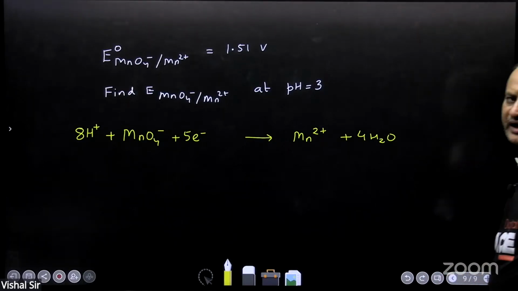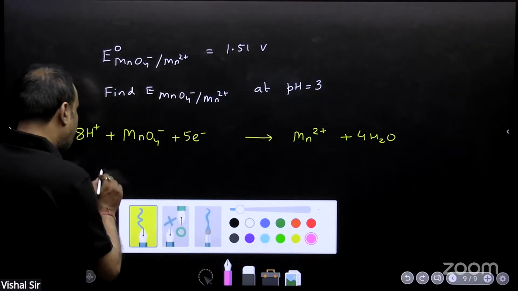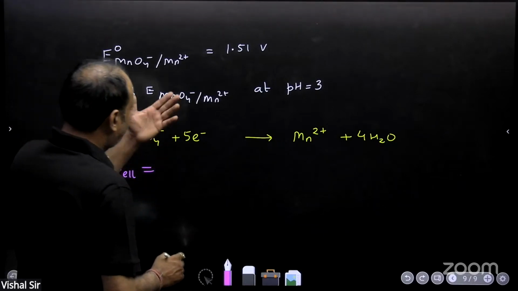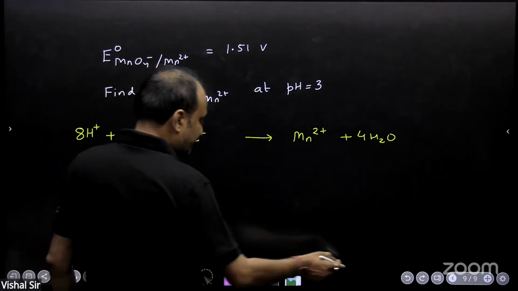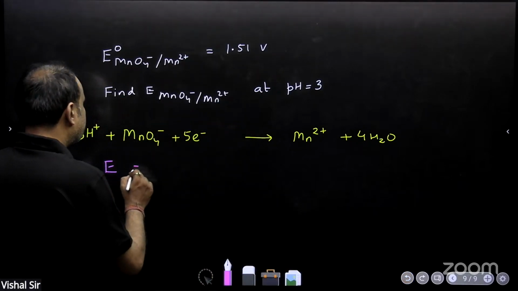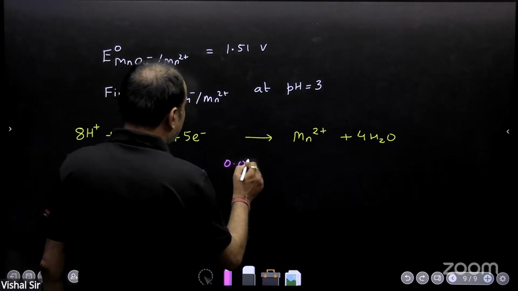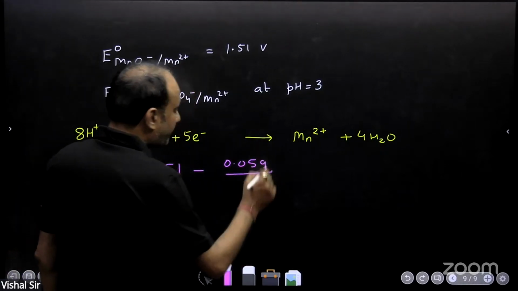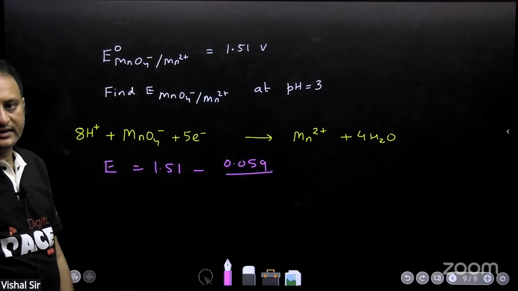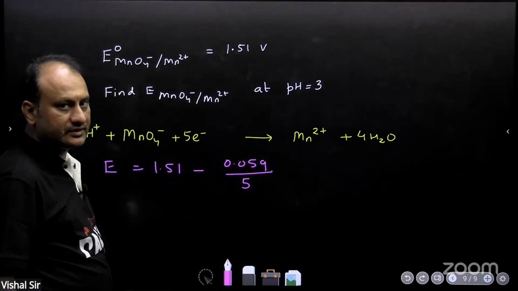And now let's apply Nernst. So now if I apply Nernst, how will I give E cell? E naught cell is given to me. E of the half cell, let's just write E only. This is not a complete galvanic cell. E will be equal to 1.51 minus 0.059 by the n factor of this reaction, as you can see, number of electrons involved, 5, log,